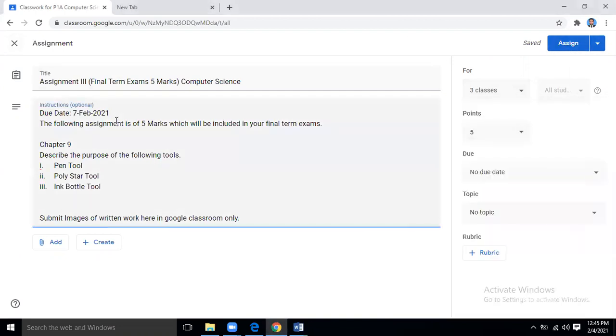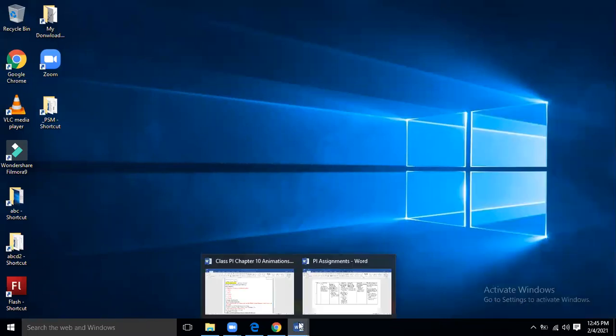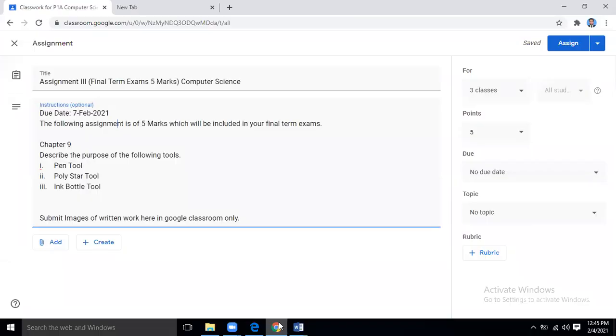But for assignment 3, I have given you again 2 days right after these 2 holidays, means on Sunday. So try to submit within the due date, so that there should not be any problem, and you are well aware how to submit the written work through the Google Classroom. You have the hands-on practice and you know all these things. Okay, so you have to write on paper, you have to submit it using Google Classroom.